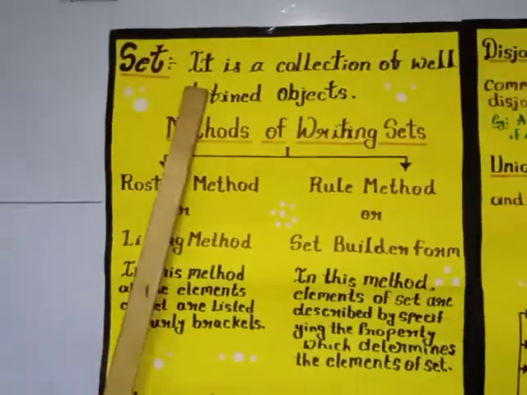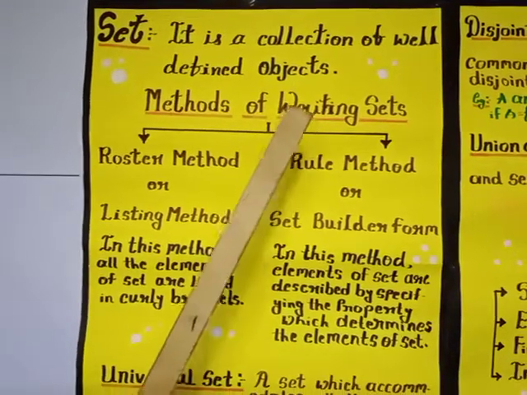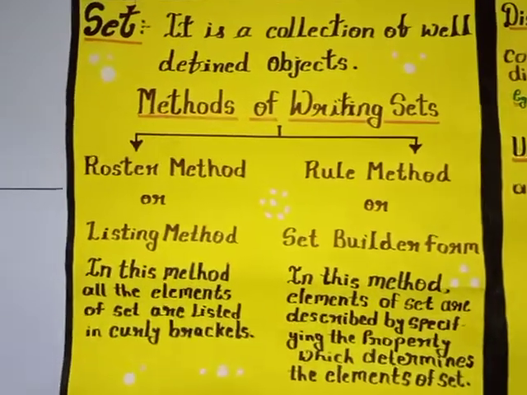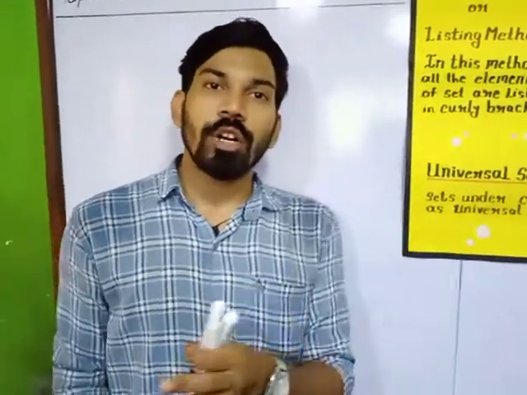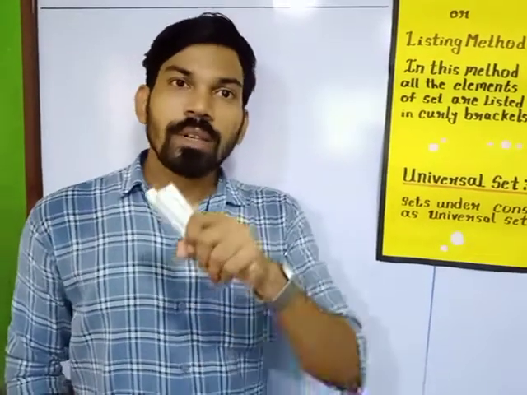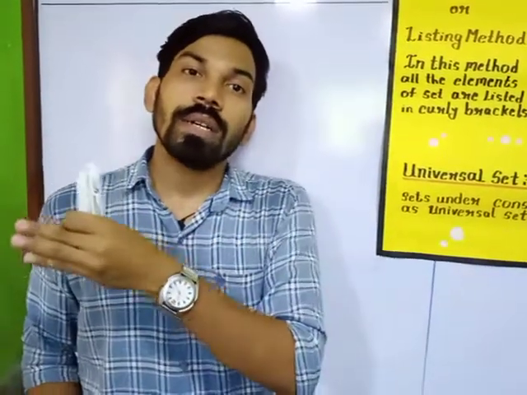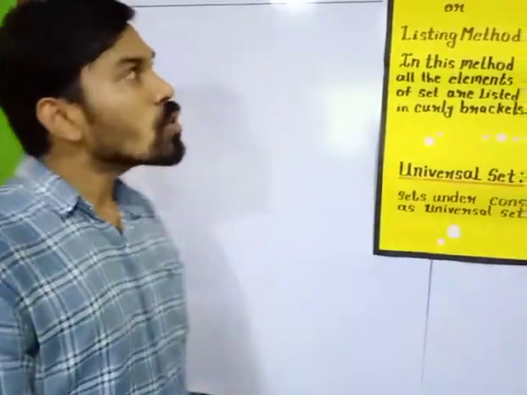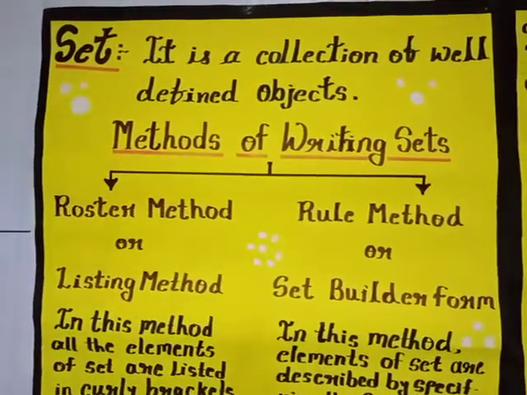Set. What is a set? It is a collection of well-defined objects. It means the collection should be well-defined for everyone. If I say "a clever student of my class," that would not be the same for everyone. That could change according to the person. But if I say "the group of markers," it is the same group of markers for each and every person, so it is a set. But the clever student of the class should not be a set, because that changes person to person. So a collection of well-defined objects is called a set.